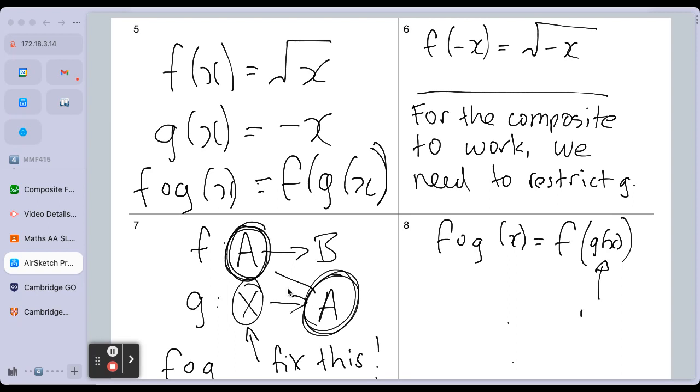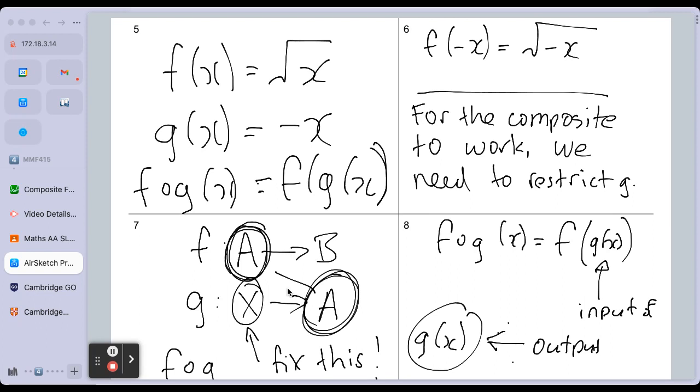So this is the new input for F. G of X is the output of G. That's otherwise known as its range. So the range of G